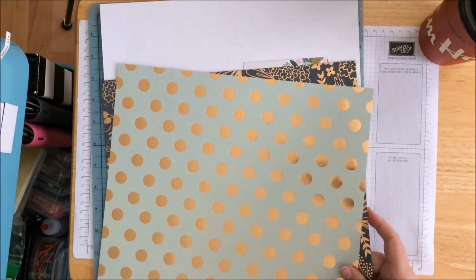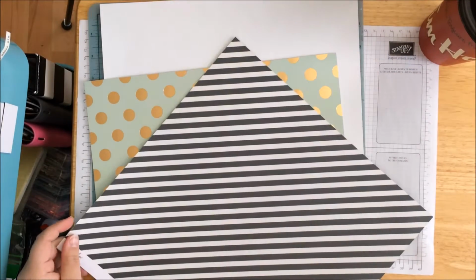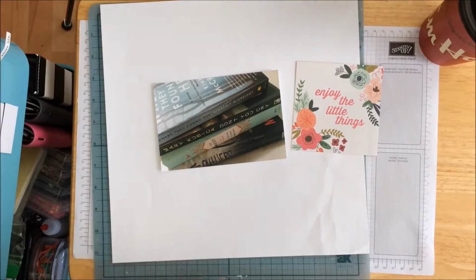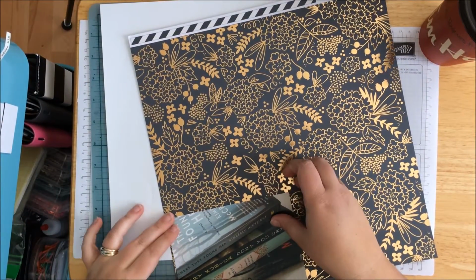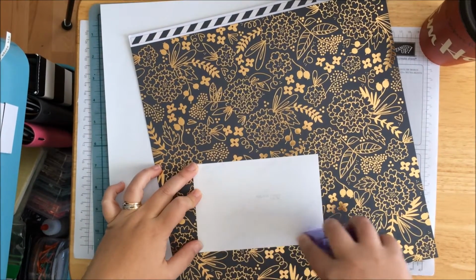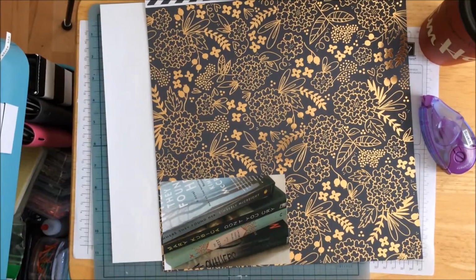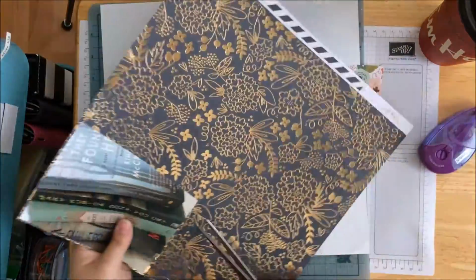So I'm going through some papers here. This is the My Mind's Eye On Trend 2 collection, and I'm just trying to decide which circles are going to go where and how much of each color I want. And then I noticed that the picture has a bit of a border around it, so I'm just going to take this black and gold paper and mount my picture on it,